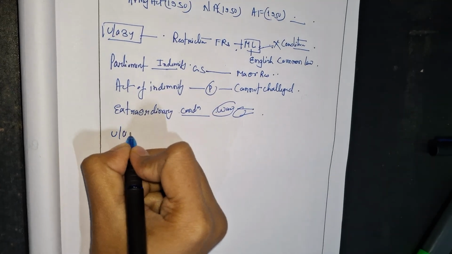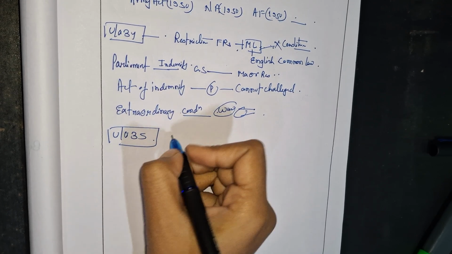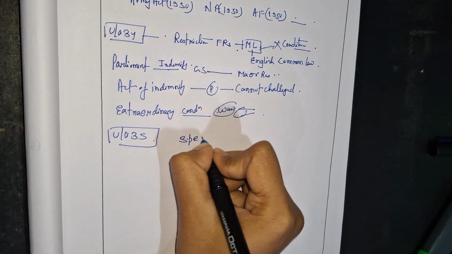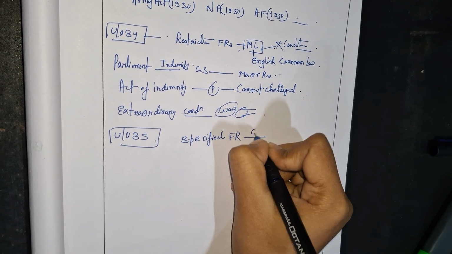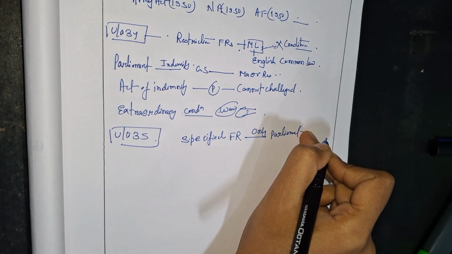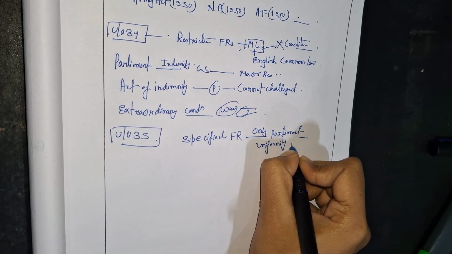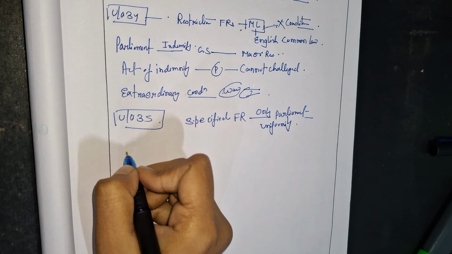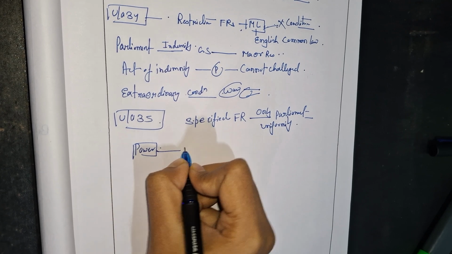This is Article 35. This article's power to make laws to give effect to certain specified fundamental rights vests only in Parliament, not in the state legislature. Why? To ensure the uniformity throughout India. So the Parliament shall have power to make laws with respect to the following: